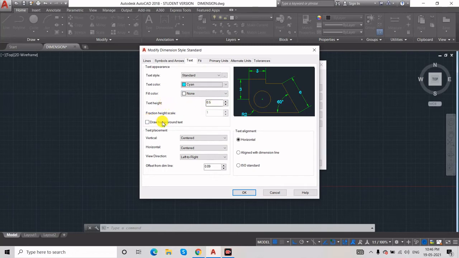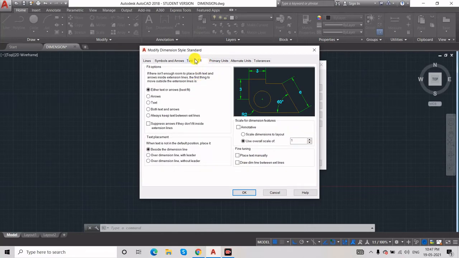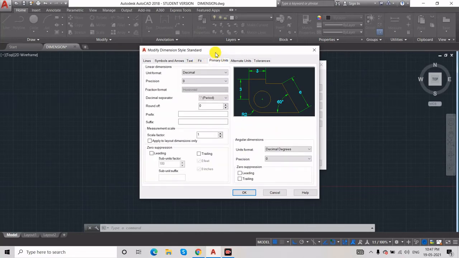And then anything you need to change? No. Here you can place this text center or left or right, above. You can adjust as per your requirement. Now I will keep it as center only. Next, the fit, this one leave it. And here one more thing,